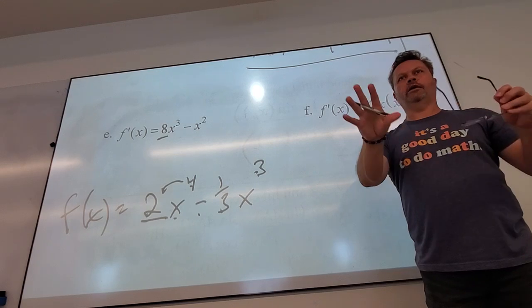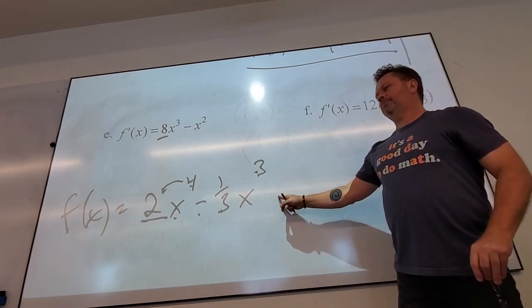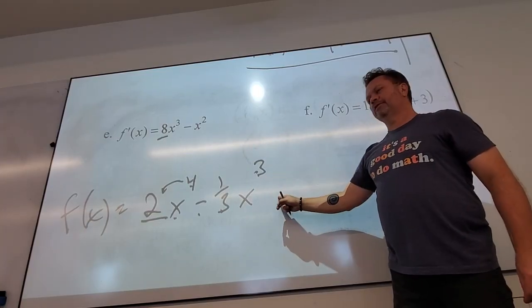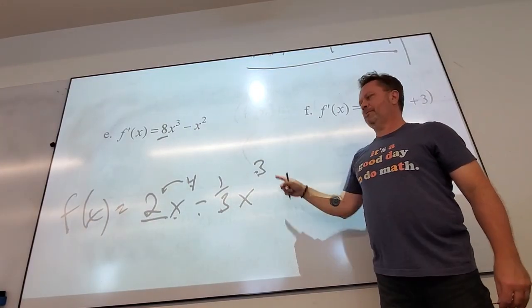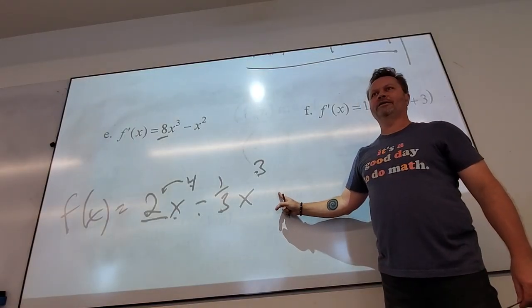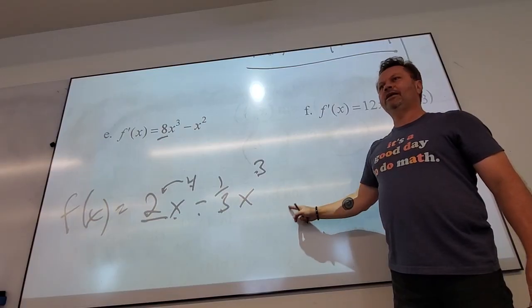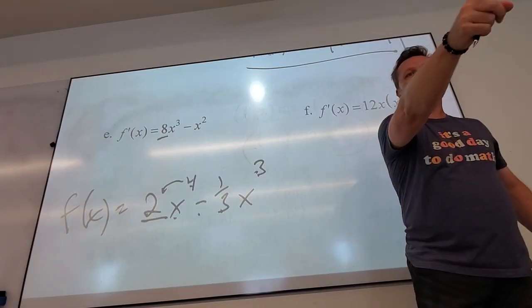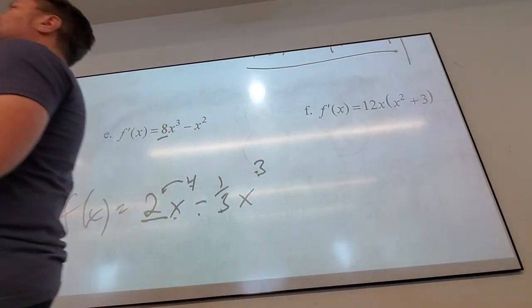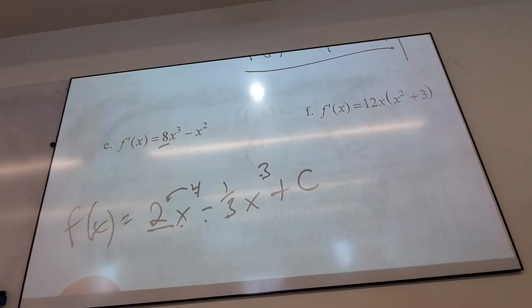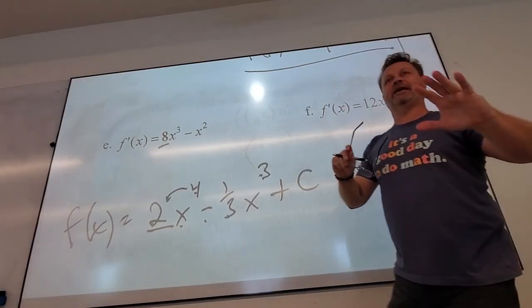Before we move on, I'm going to introduce this. If I put a plus 2 here, is that derivative still that? If I put a plus 17 here, is the derivative still that? If I put a minus e to the pi here, is that derivative still that? Yes. So what could I put here? Just the constant. Any number I want to, any constant. Math people, being the creative geniuses we are, use the letter C for constant. So if I just put plus any number, I'm still right. Do you guys see that?